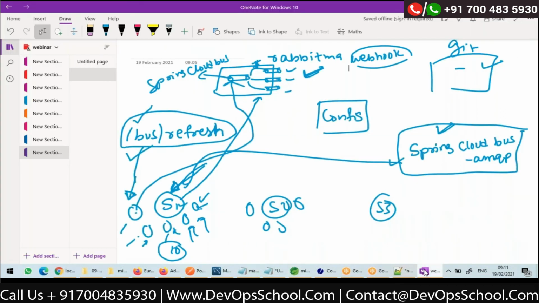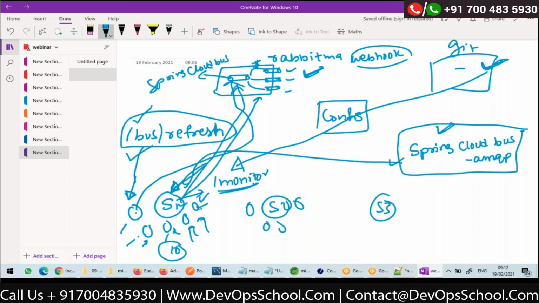If you add that as a dependency in your application, it will expose the /monitor endpoint. And this is the endpoint URL which you need to give on your repository. So it will hit this one. Then the rest is all the same. This monitor endpoint will publish a message to the bus and all the instances will get refreshed.